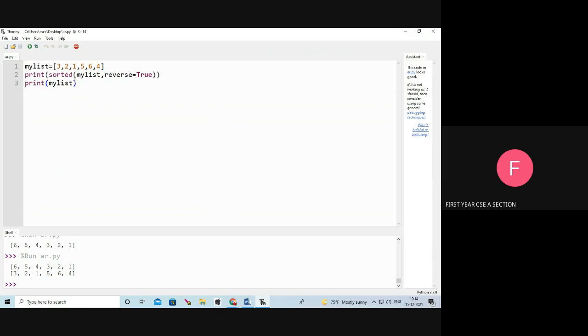Print sorted of my list, comma, reverse equal to true. Reverse equal to true means it shows the list in descending order. See, 6 5 4 3 2 1. Next, I am going to print my list. See, the list will not change. The list is the same, 3 2 1 5 6 4. The list will not change, but the sorted function returns the sorted order only.